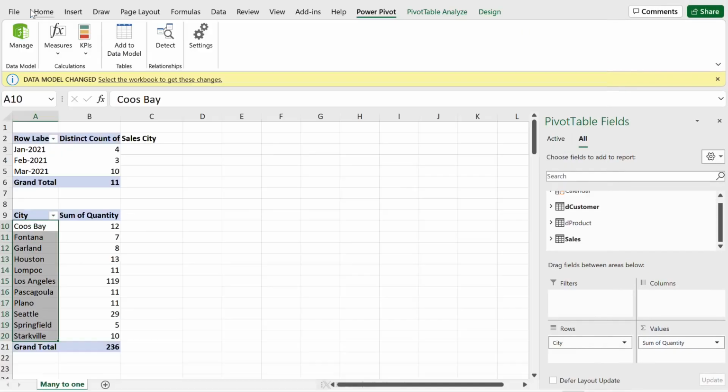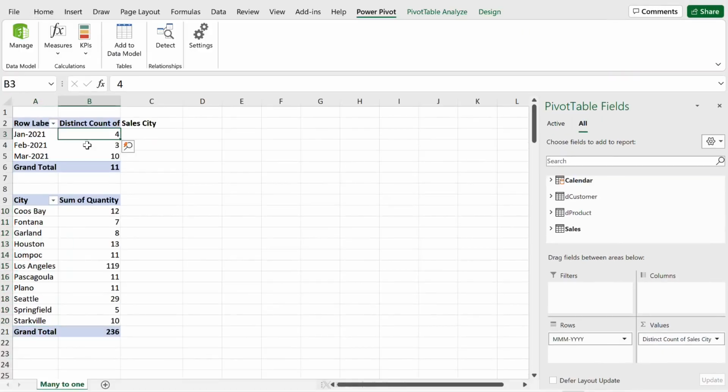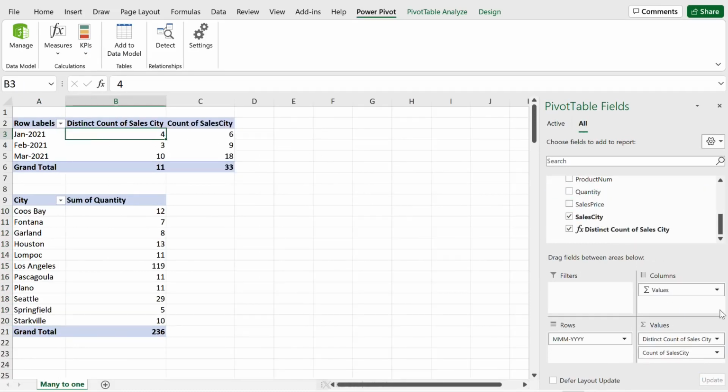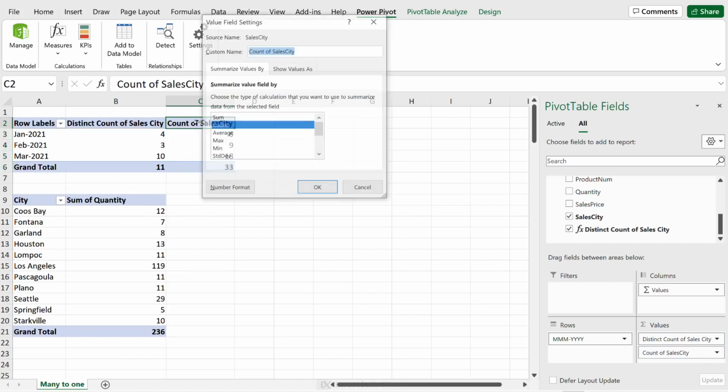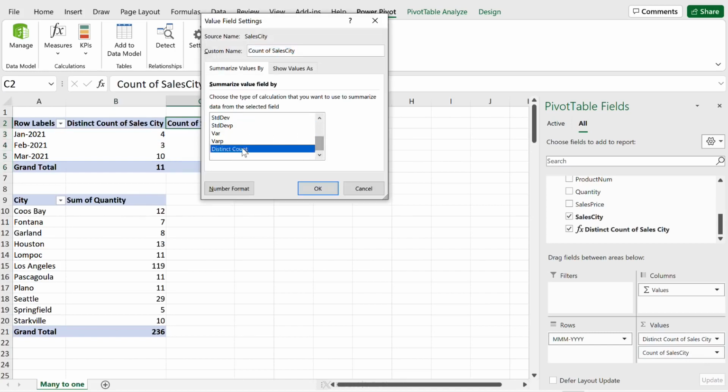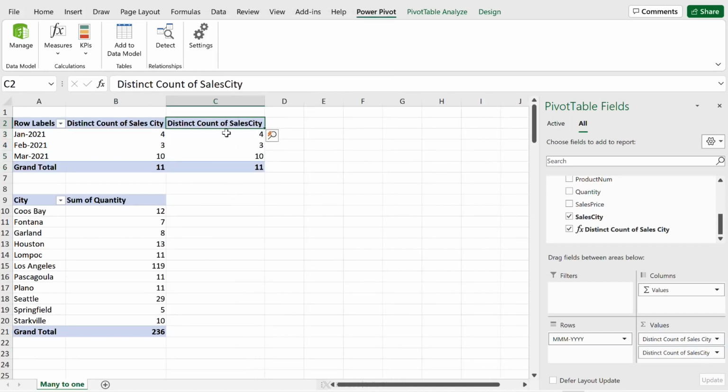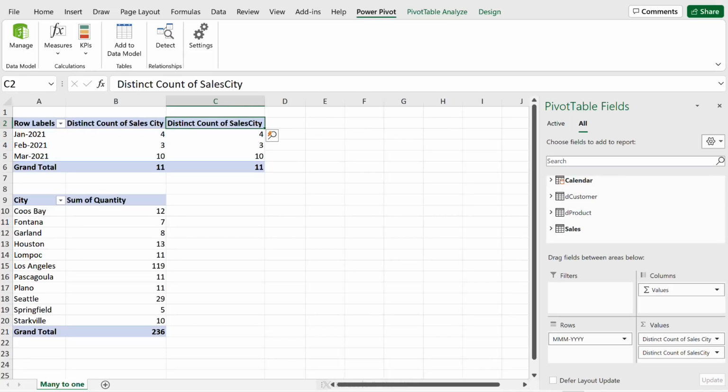Now I can go over to Excel. Let's go to our first pivot table here and bring over the sales city. By default, I have the count of sales cities. So let's double click and change this to distinct count, and we should see the same values here. So you can expand your data model, but it's going to come at a cost if you have a lot of data. Another option you have if you want to solve this with a measure is to use the CROSSFILTER